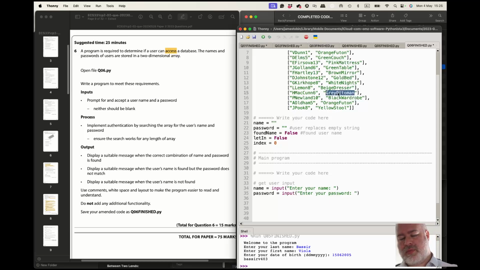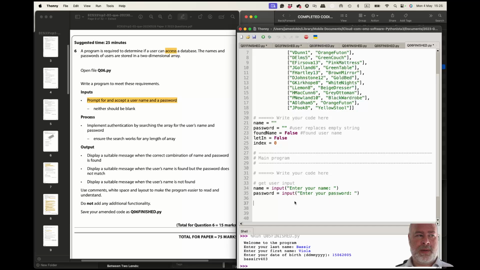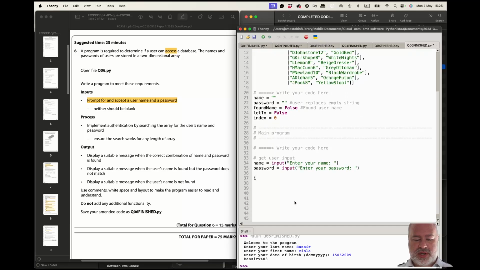Again, like if we're using key value pairs dictionaries, if we were actually doing this, probably not just Python this, but dictionaries are not in the Edexcel specification for GCSE. Enter your password. Okay, so we've prompted for that. Now we want to check neither should be blank. So we've got a conditional statement here that we've got to build up. Let's put some brackets in here because it's going to be kind of if the